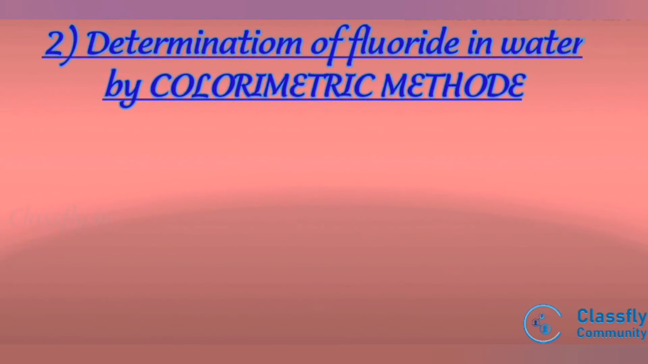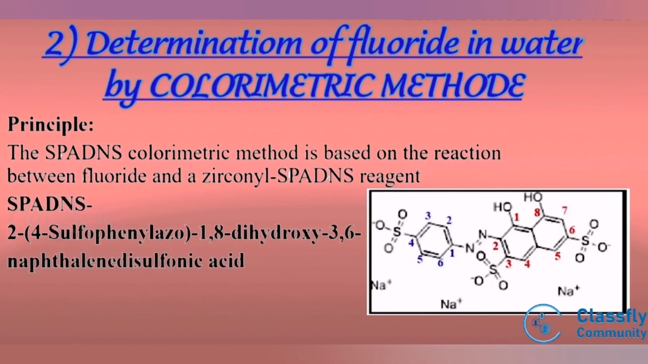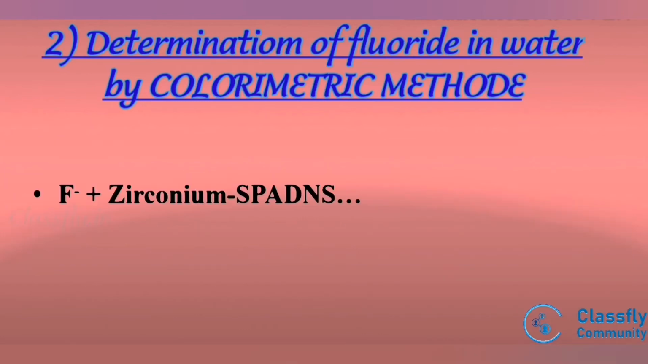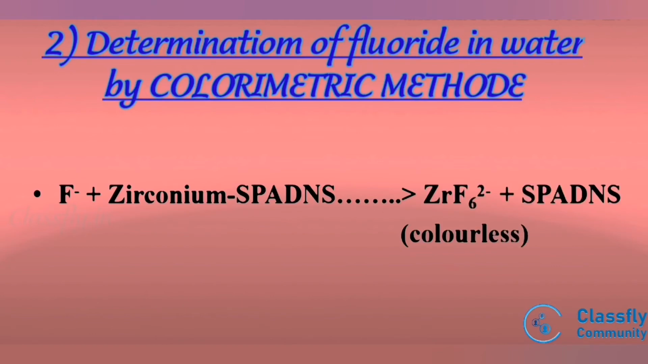Next, move on to the determination of fluoride in water by the colorimetric method. Principle: the SPADNS colorimetric method is based on the reaction between fluoride and a zirconyl SPADNS reagent. SPADNS means 2-(4-sulfophenylazo)-1,8-dihydroxy-3,6-naphthalene disulfonic acid. Here, fluoride reacts with the zirconium SPADNS complex, dissociating a portion of it into a colorless complex,